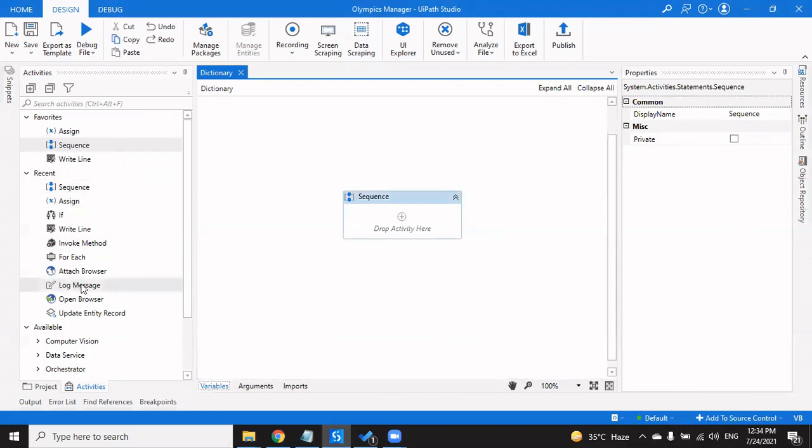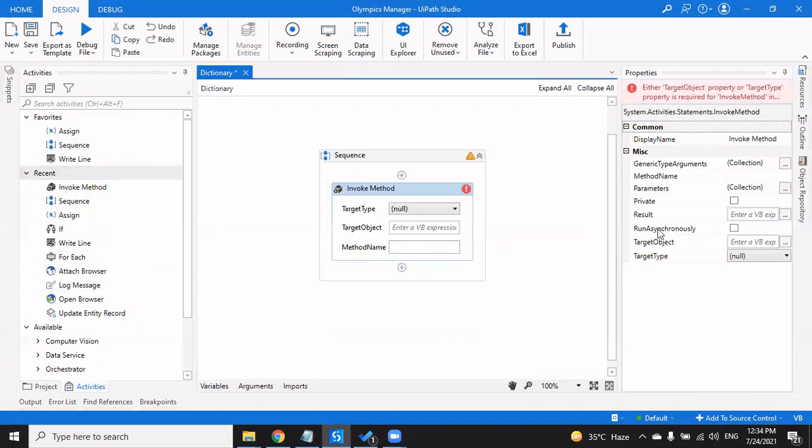Now, when we go on allocating something to it, we call an invoke method. We cannot do that with assign because if we actually add something into the dictionary, it is not going to produce any value. And if we directly use the assign activity, it's going to throw an error that this expression does not actually produce any output. So we would rather go with the invoke method, because even if it does not produce any value, it would work.